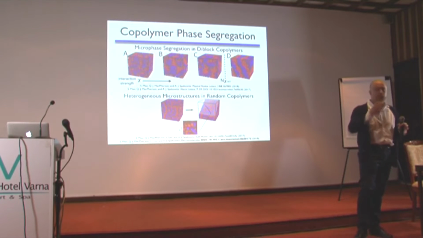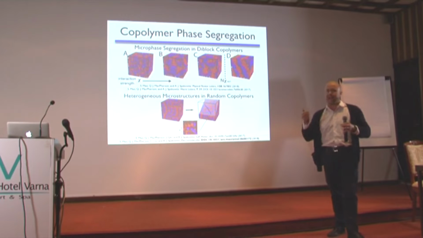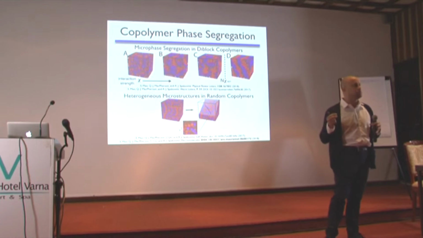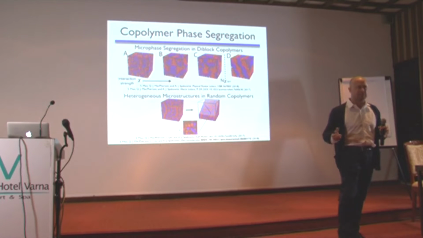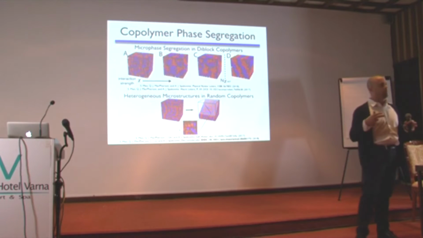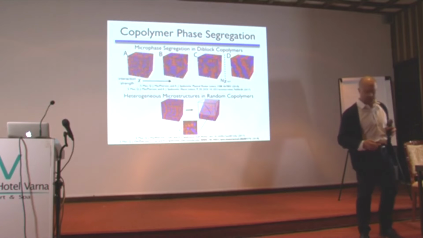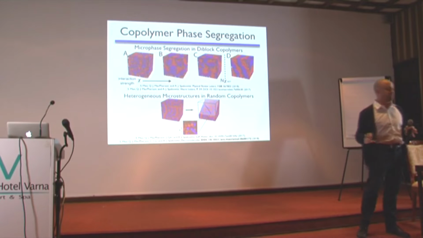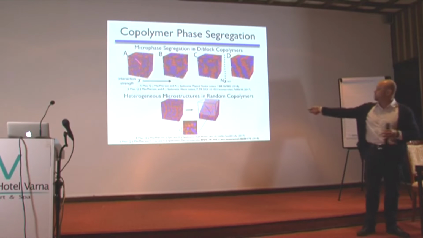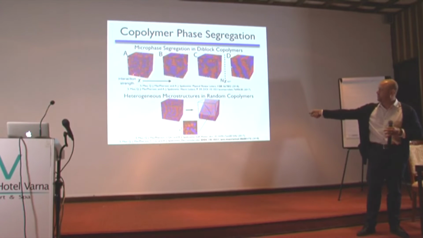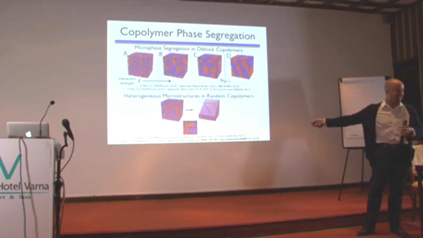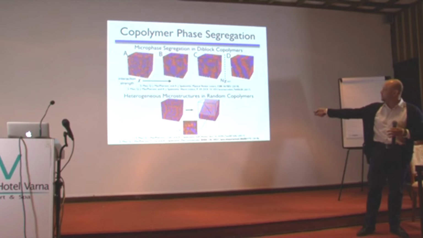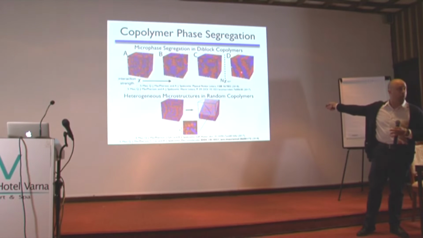We heard earlier today about how interactions can be additive, very weak on an individual basis, but when you add many of them together, big things can happen, like phase segregation. And that is definitely the case when it comes to polymers, which are connected together in a string. If you look at an AB copolymer, and let me be clear, this is the simplest possible copolymer you could imagine, if you crank up the interactions, which are described by a two-body interaction parameter called chi for historical purposes, if you increase it, there is a transition between it being mixed to it being, there's an order-disorder